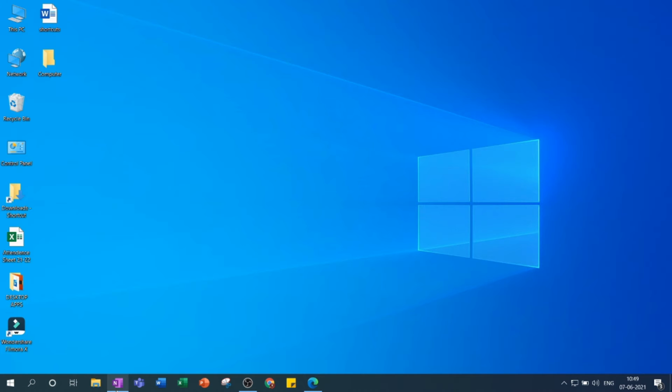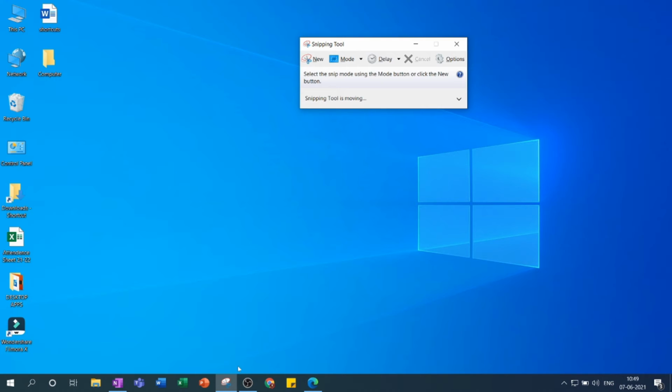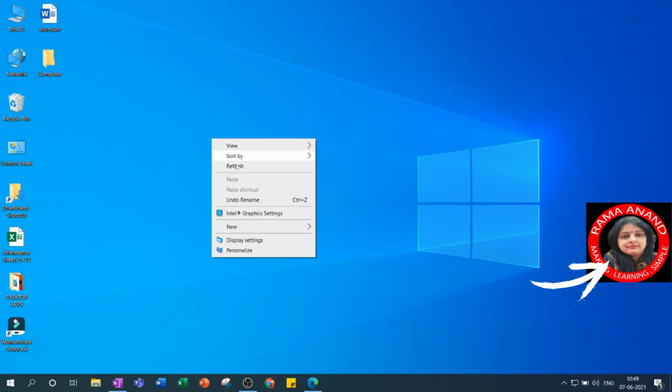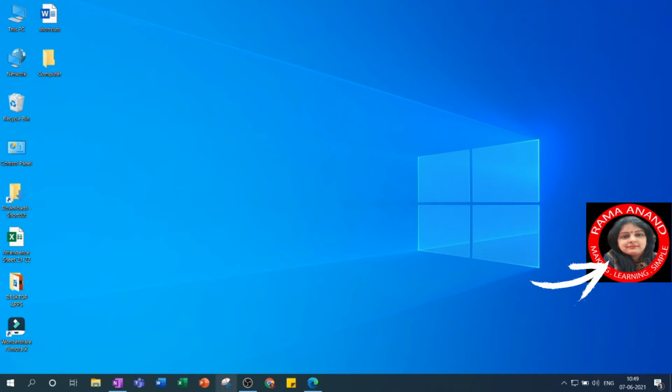Benefits. Two benefits are there to add the apps on the taskbar. First, you can just open them directly with a single left click. Second, you can use the shortcuts also. With the window key, you can just press the position number of the app starting from the file explorer. So the file explorer is 1. This is snipping tool I have opened by pressing number 7. You can count 1, 2, 3, 4, 5, 6, 7. So in this way, you can open the application with the shortcuts also.